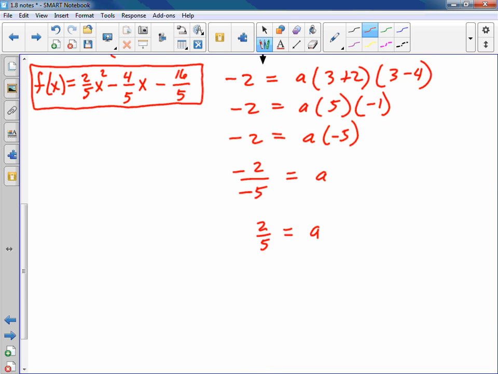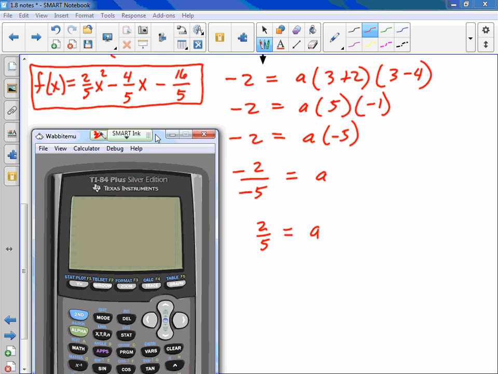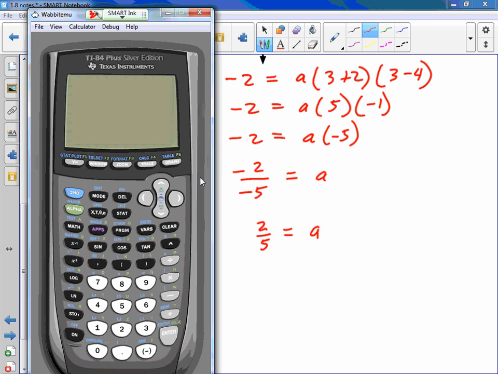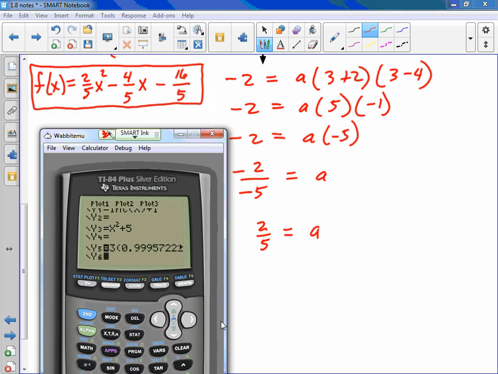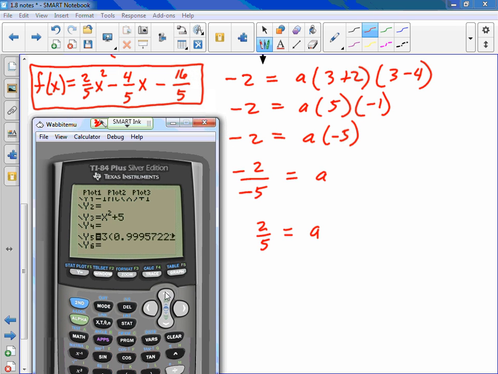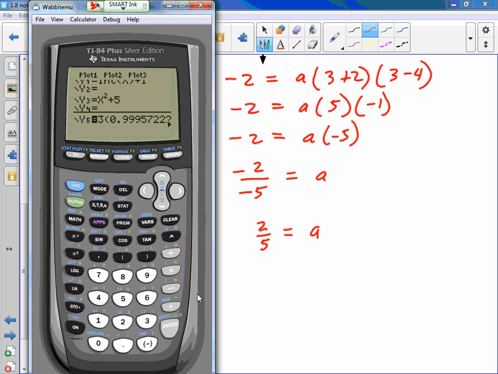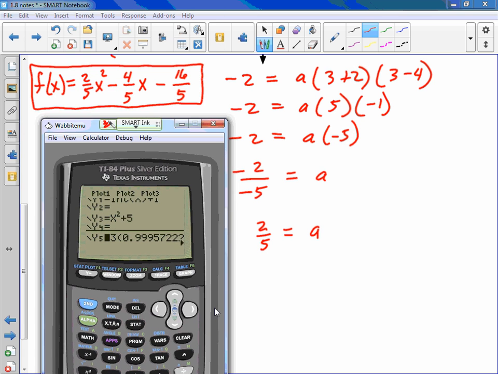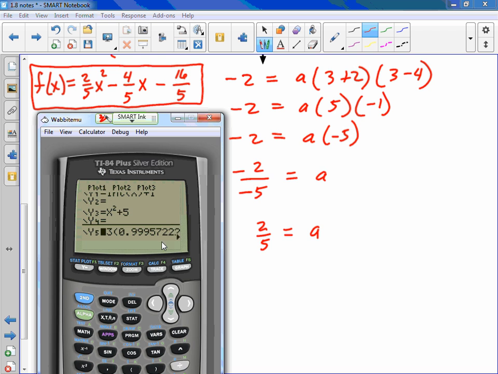Okay. I'm going to bring in my calculator. And let's see what that looks like. So y equals, oh, I guess I should turn it on first. I don't need this one here. I'm going to turn this one off. Enter. Notice the equal sign is no longer illuminated, so that one's off. So then I'll just go right here on y sub 4 and put equals